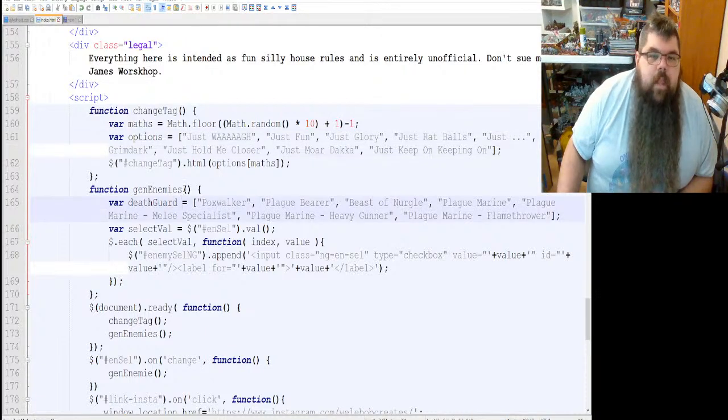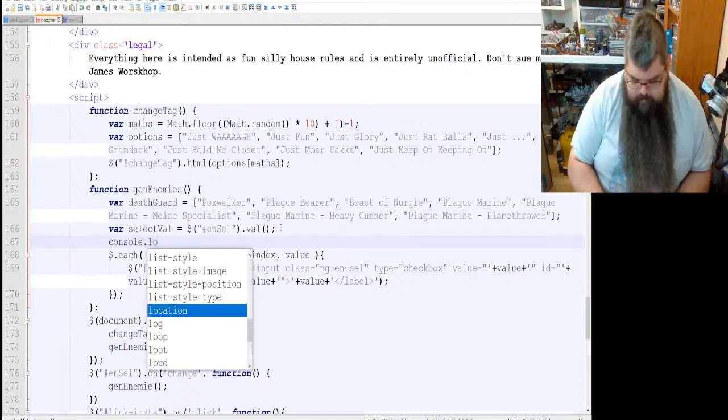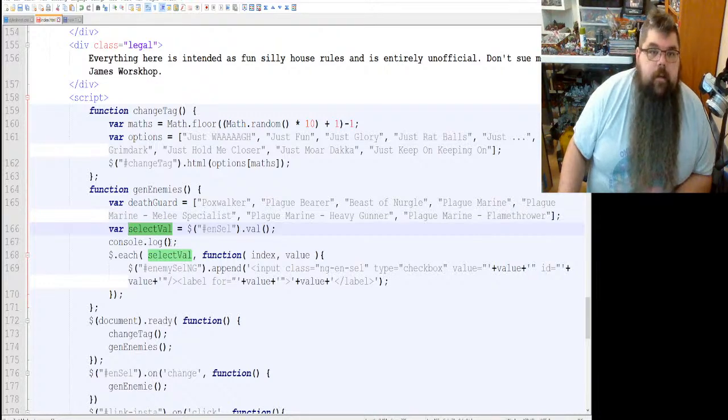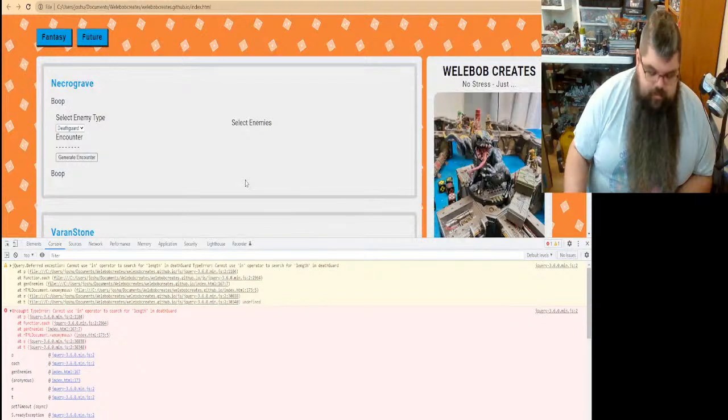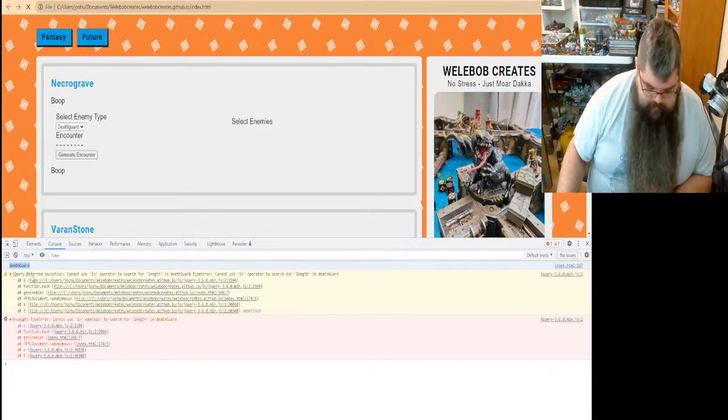Okay. So console.log, and we're going to check select val right here. We're going to see what that returns, because that's clearly causing the error. Okay. Oh, it's causing... All right, error is Death Guard spelled like that.